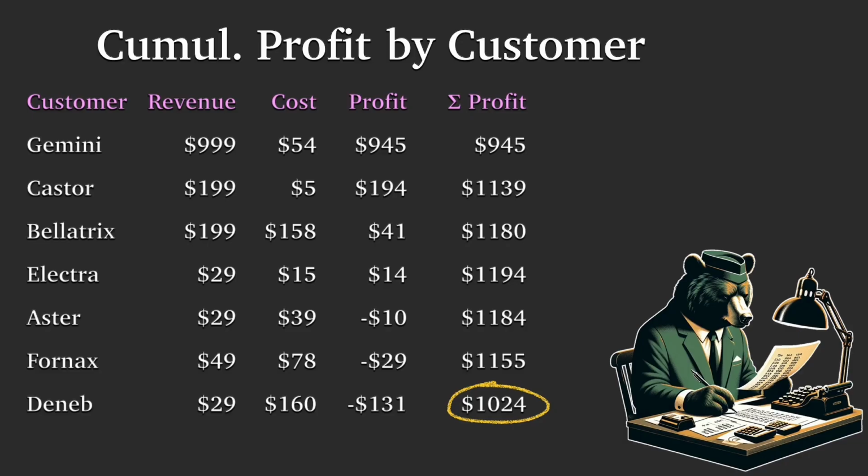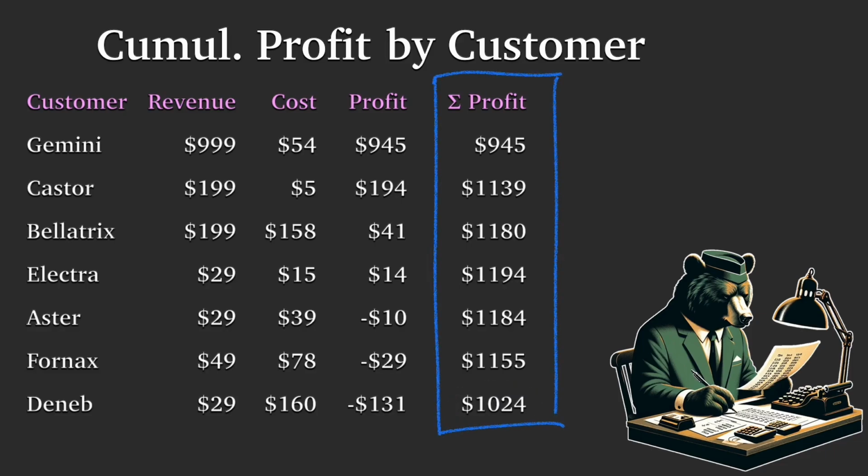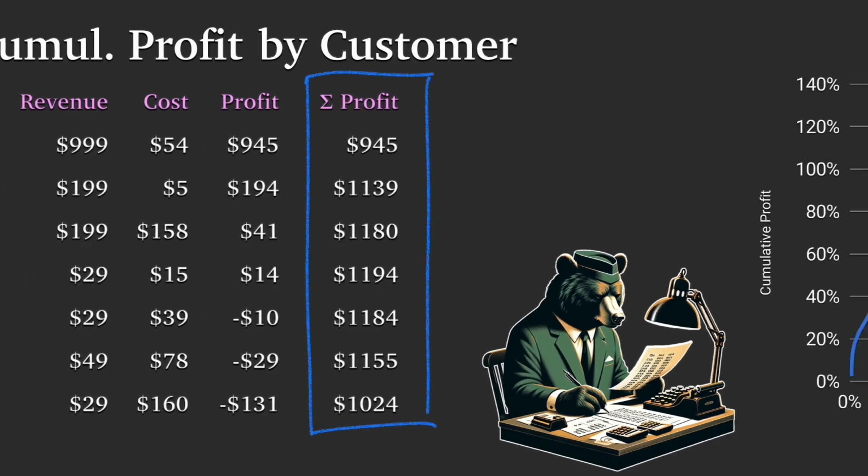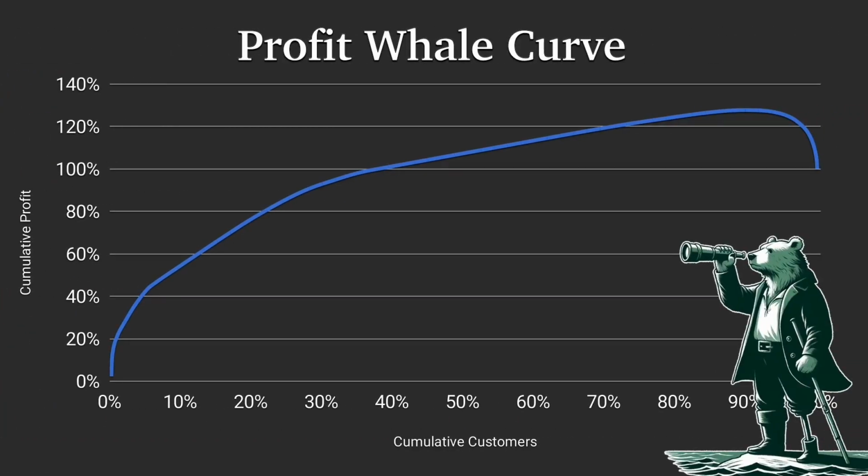Well, profit only in a sense, because we're only considering the costs to serve customers, and of course, not all your other expenses are in there. This doesn't include marketing and sales and writing code and buying software and everything else. This is the cost to serve in terms of infrastructure, in terms of tech support as well. In any case, this cumulative profit, this is what we're plotting on the whale curve. So here's what that is.